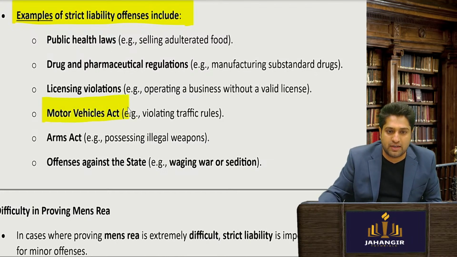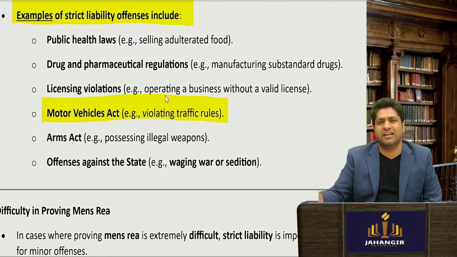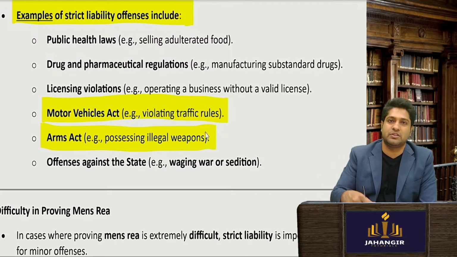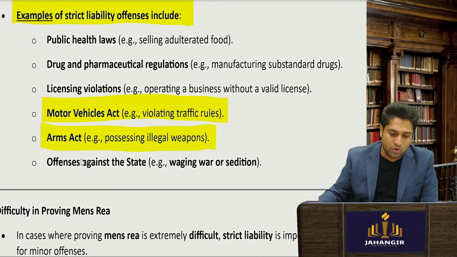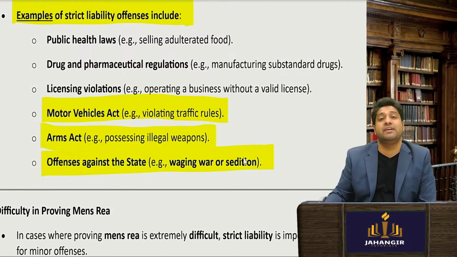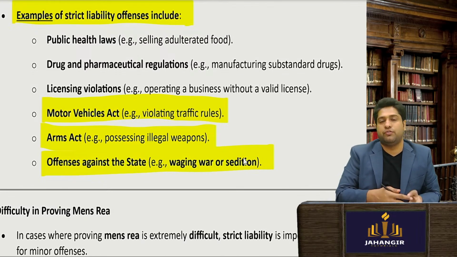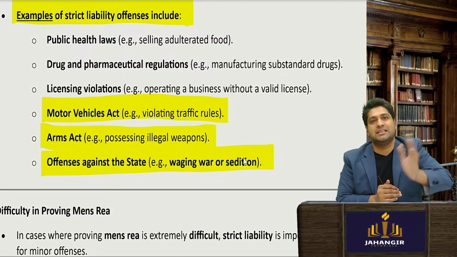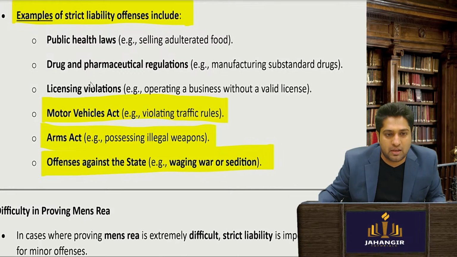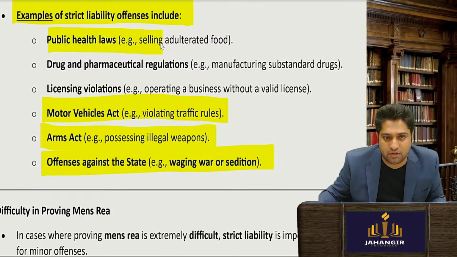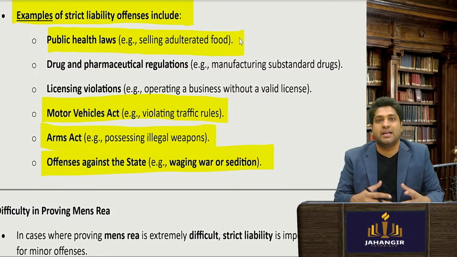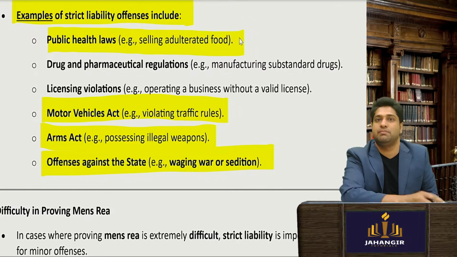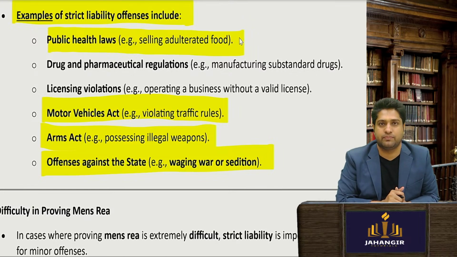Okay, so motor vehicles violating any traffic rules: you didn't have the intention, still you will be held liable. Arms Act: possessing any illegal weapons, I already gave this example also. One very important one they capture is waging a war against the country. If you've waged a war, you've thrown a bomb on the parliament, they don't need to prove intention, the act itself can put you in jail. Public health, for example, selling adulterated, dangerous food, food which has not got the necessary sanction: criminal intention will be imposed and you will be held liable.